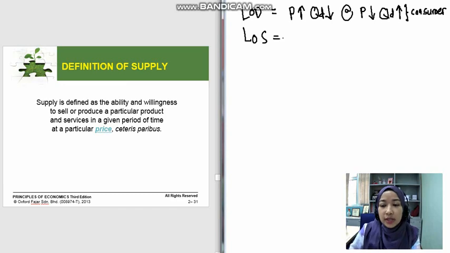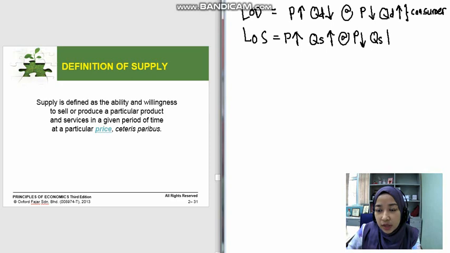For the law of supply, in order to understand it, you have to put yourself as a producer in the economy. Usually as a producer, your main objective is to get as much profit as you can. So you want to sell as many products as you can. When the price of your product increases, meaning you can sell at a higher price, you will take advantage to supply more. So your quantity supplied will increase. Or if the price of your product reduces, you will not supply as much because it will not give you any profit. So this is what we call a positive relationship